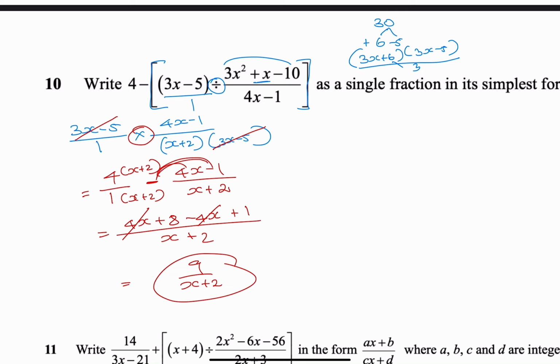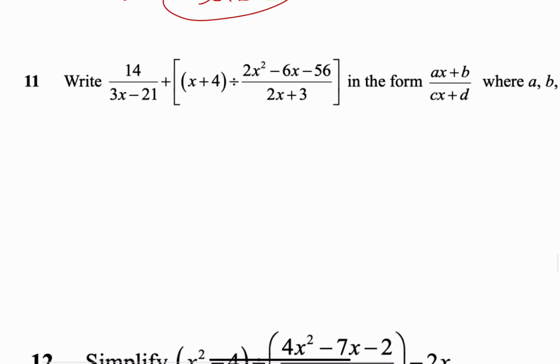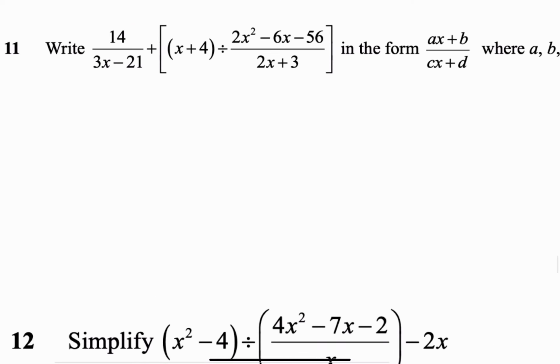So what do we do always first? We will do the bracket first, right? BODMAS. So that means that over 1, what do we have then? x plus 4 over 1 times it by, you switch it over, 2x plus 3 over, okay, that one factorized,